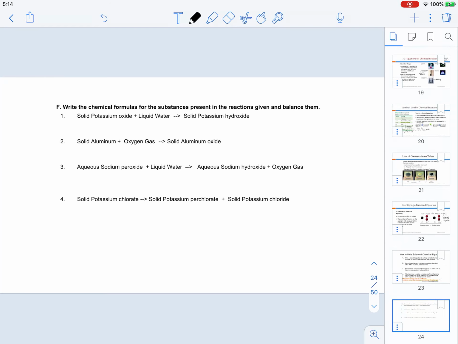So, as you can see on letter F in our in-class worksheet, we have some problems where we're going to write the chemical formulas of the substances that are present, and then we're going to balance them. So I'm going to do all four so you guys see how this is done. So in the first one, we have solid potassium oxide. So we're going to write the chemical formula, which is K2O, and it's in solid form. As you can see, that's reacting with liquid water. So we're going to write H2O and then the little L. And that is forming